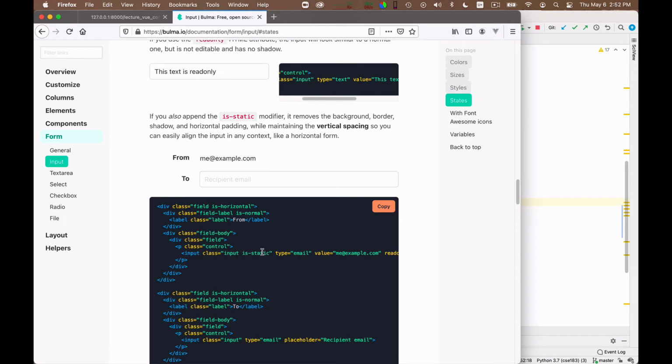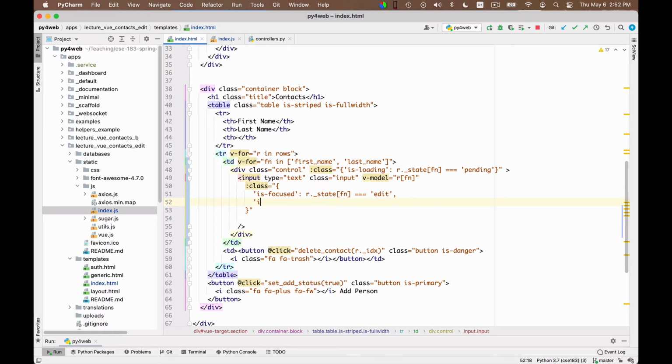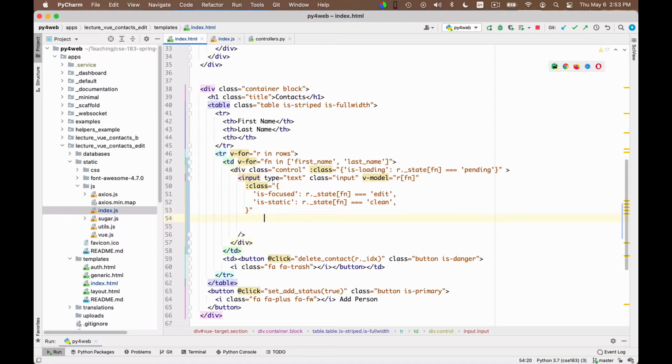Class input is-static, in order to denote that it's not being edited. So I want to say please put this class is-static in case r.state for the field name is equal to clean. Okay, this is what I need to do. I'm almost done, except that I need to do one more thing, that is, in addition to these classes, I also need to say